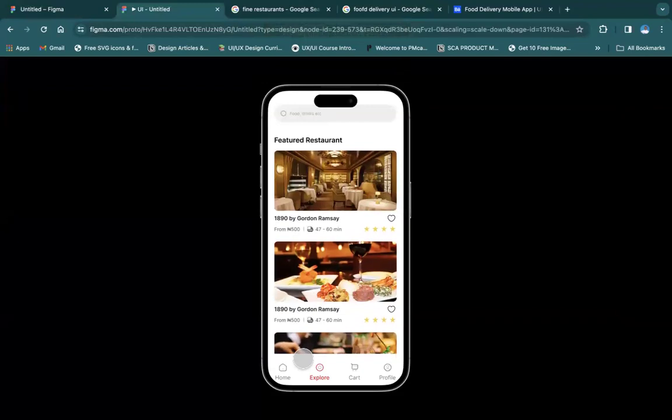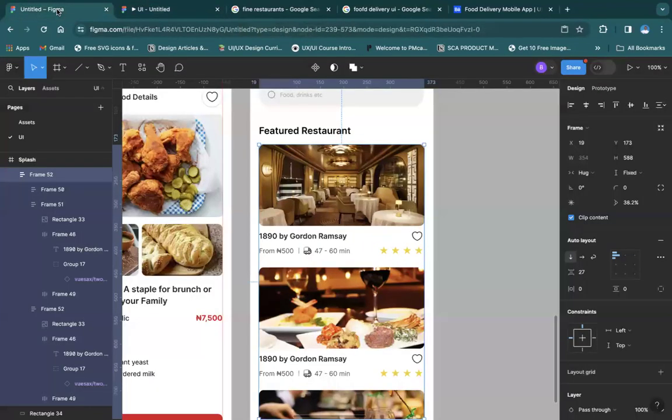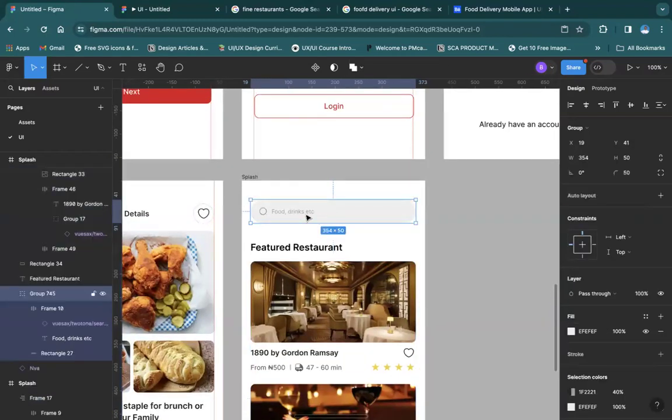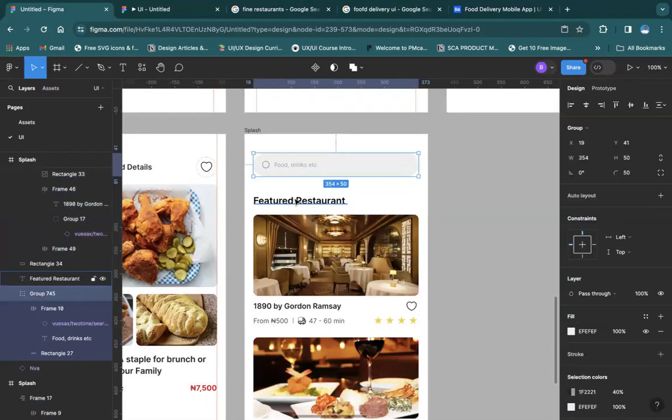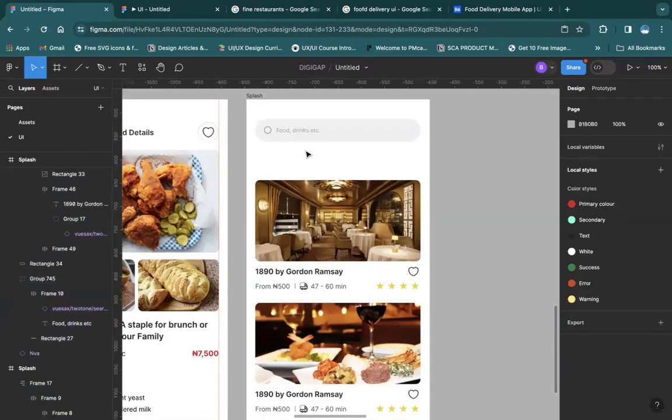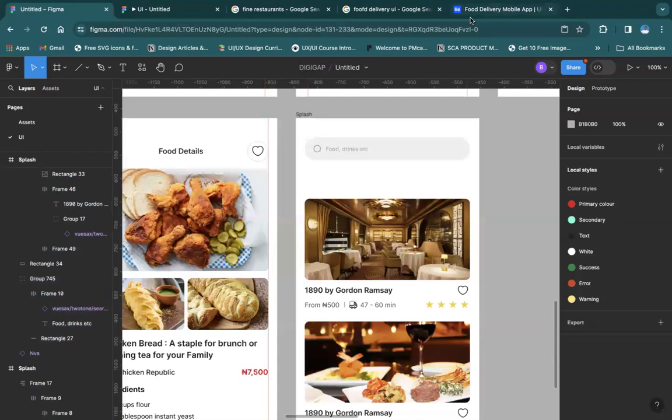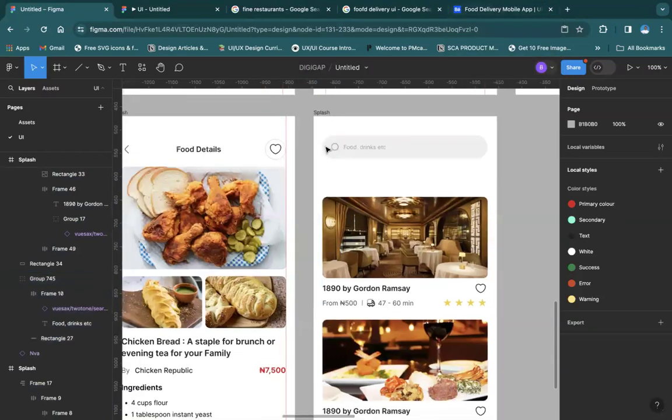And so can you notice something? We needed to add something to this. Not this featured restaurant. So what I'm going to do is I'm going to do like a tag. So should we leave this search here? Is the search important? Yes, the search is important, but what is not important is this. So I'm just going to look for